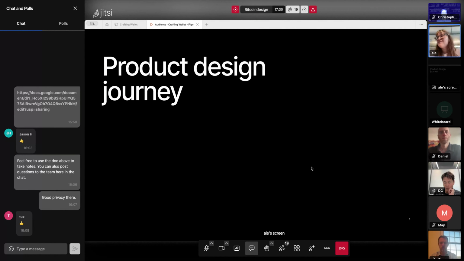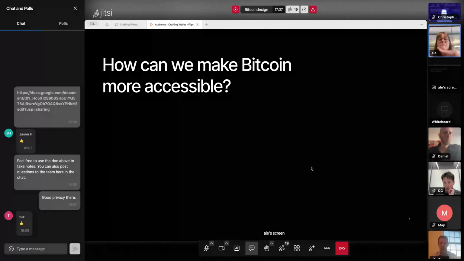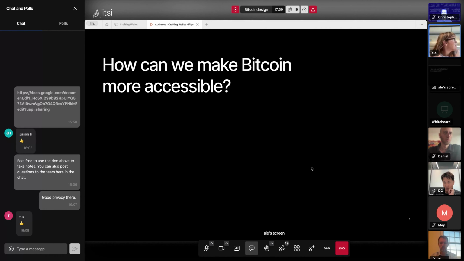So how did we design Proton Wallet? We started by asking ourselves a fundamental question: how can we make Bitcoin more accessible? We brainstormed a lot.